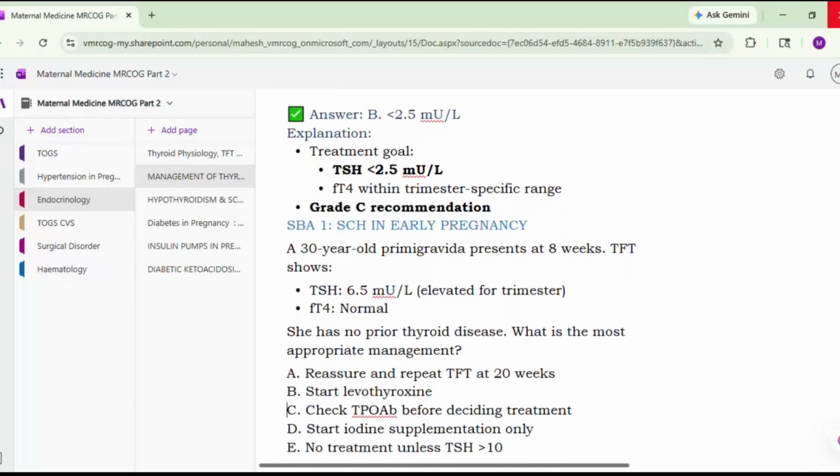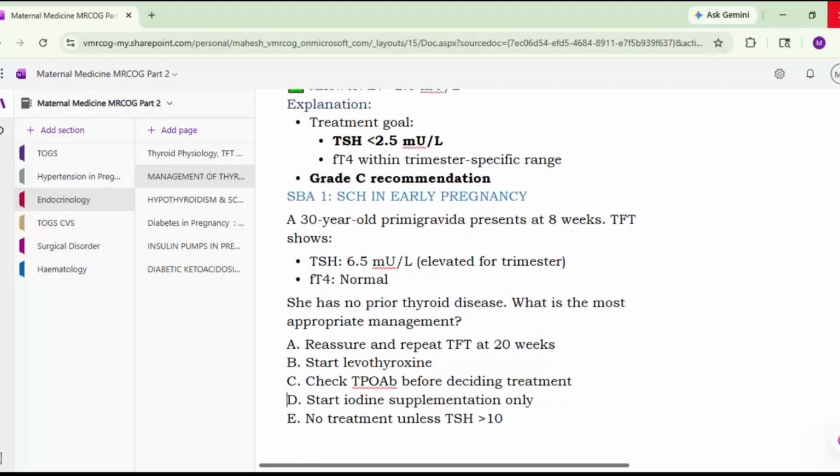Okay. Next question. A 30-year-old primigravida presents at 8 weeks. TFT shows TSH of 6.5 and normal free T4. She has no prior thyroid disease. What is the most appropriate management? A. Reassure and repeat TFT at 20 weeks. B. Start her on levothyroxine. C. Check TPO antibody before deciding the treatment. D. Start iodine supplementation only. E. No treatment unless TSH is more than 10. C. We need to check the TPO antibody